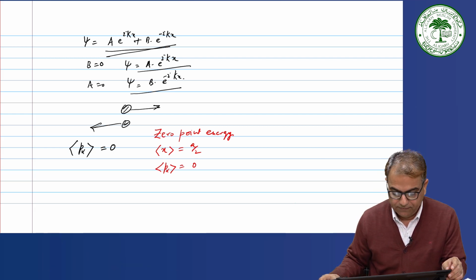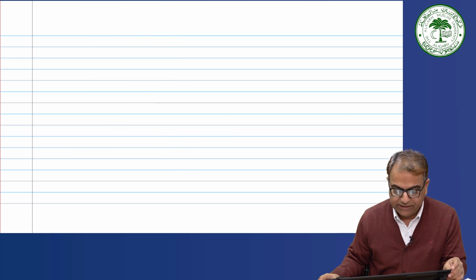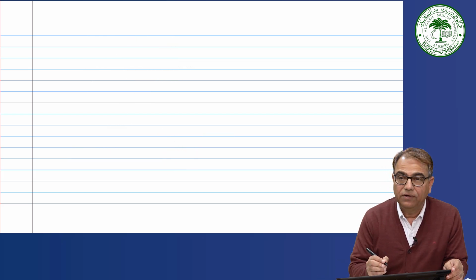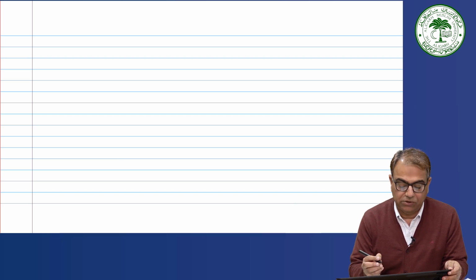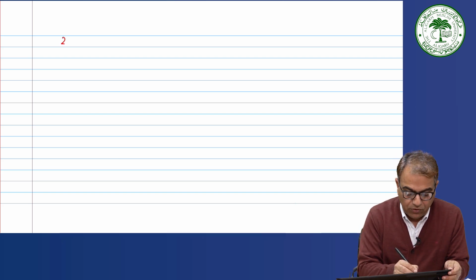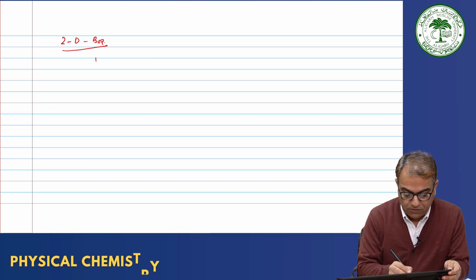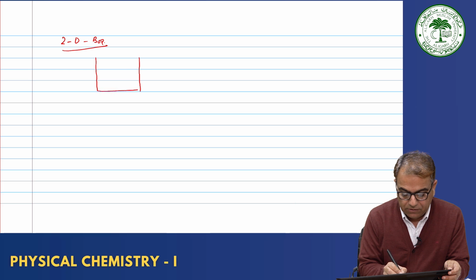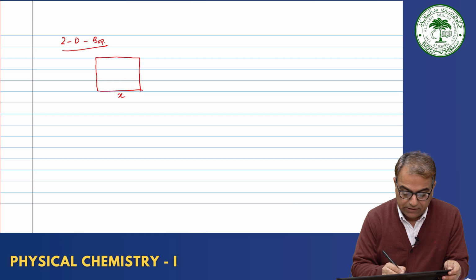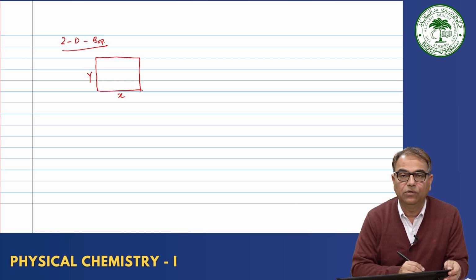If I extend the concept of a particle in a one-dimensional box, we can go for a two-dimensional box also. So if you go for a 2D box, what will happen? It means the particle is free to move on a surface. 2D means it is a surface. So instead of just the x-axis, now you have the y-axis also. So you will have two solutions